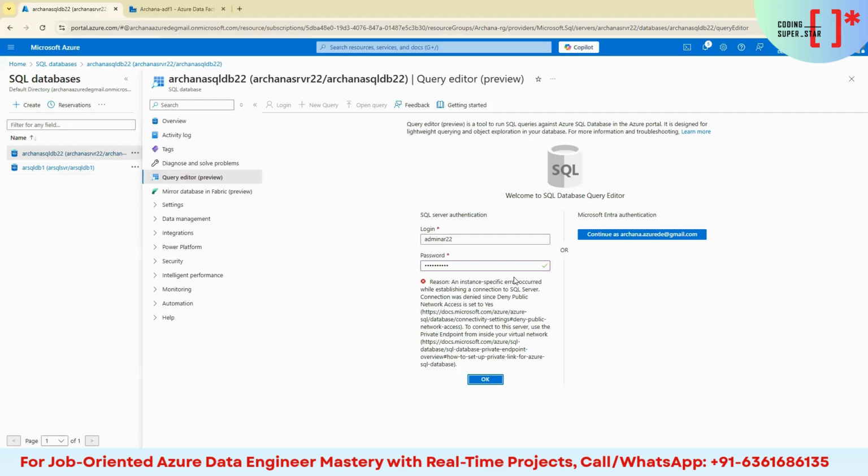Okay, so here when I try to log in with ID and password, it says it cannot connect to SQL server because it is saying denied public network access. So there is a firewall there. We have to allow my IP address so that I can access this SQL server. So we'll go to